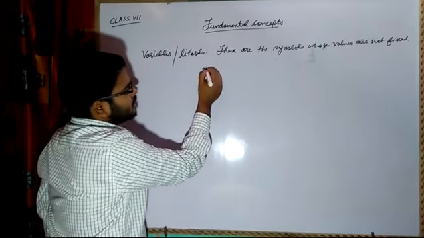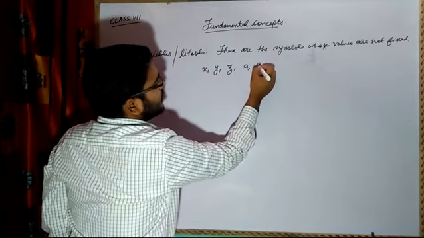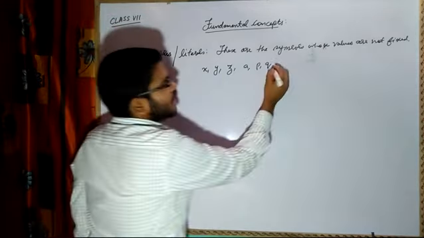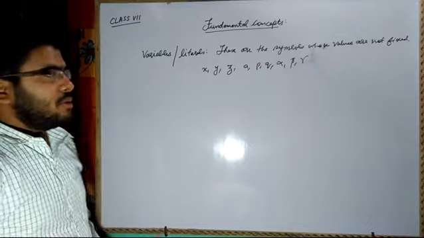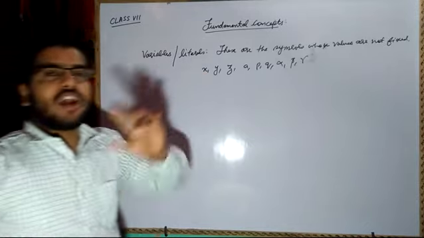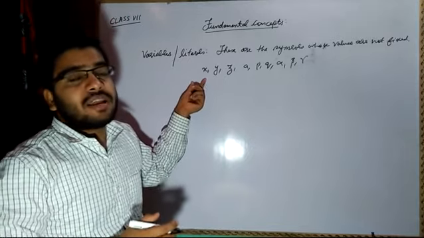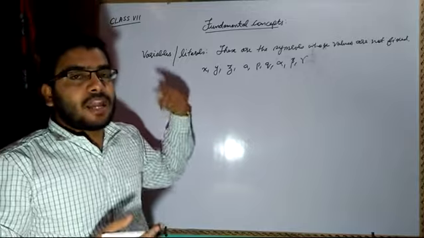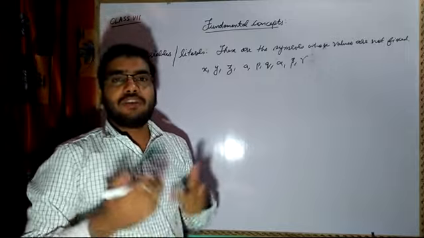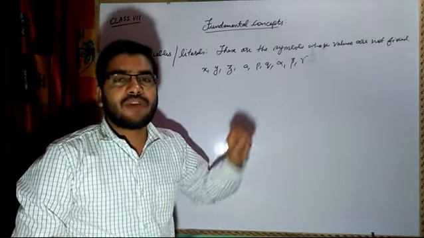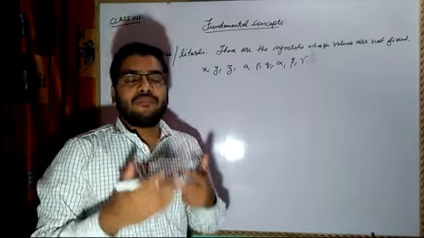For example, if I write x, it is a variable, y, variable, z, variable, a, p, q, these all are variables, alpha, beta, gamma, all these are called variables. Why? Because its value is not determined. In each and every question, suppose you solve question number 1, you will get x equal to 5. If you find the value of x in question number 5 or 7, then the value of x may not be equal to 5. It will be varying. That is why it is called a variable. Something that is not constant, something that is not fixed, is said to be a variable.